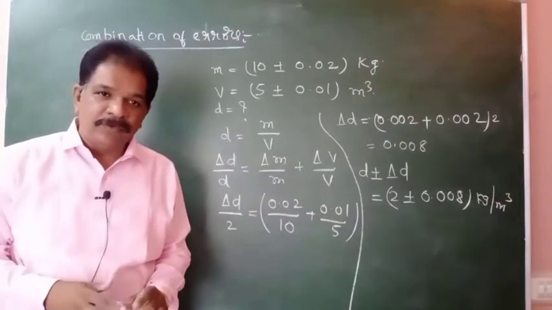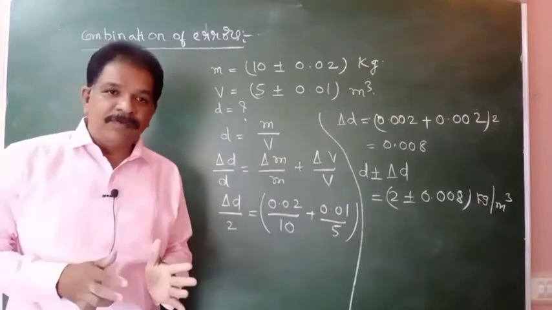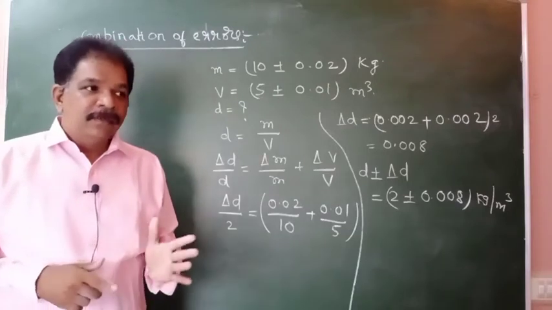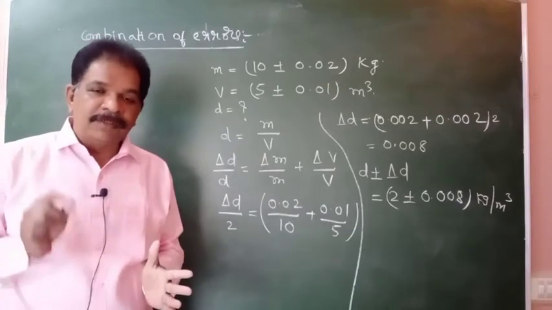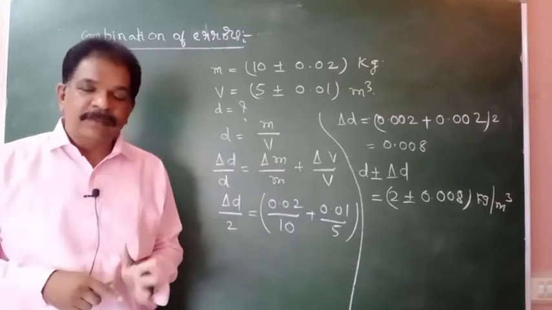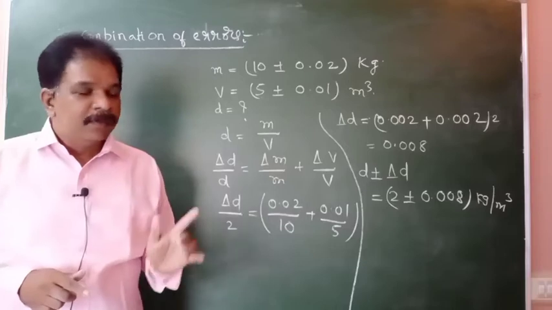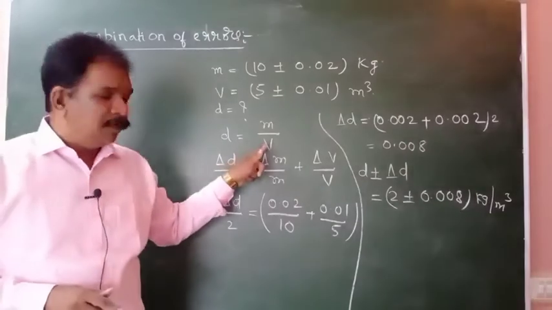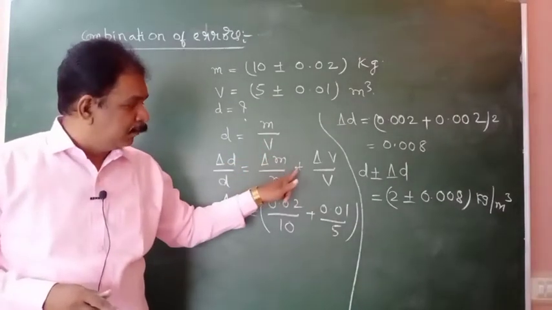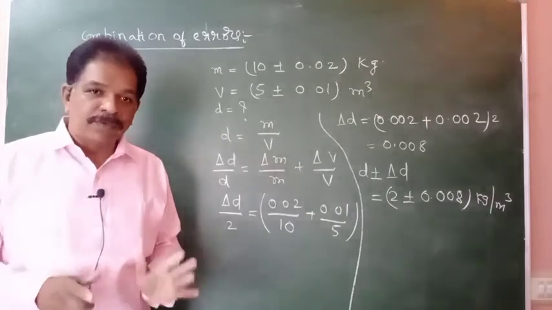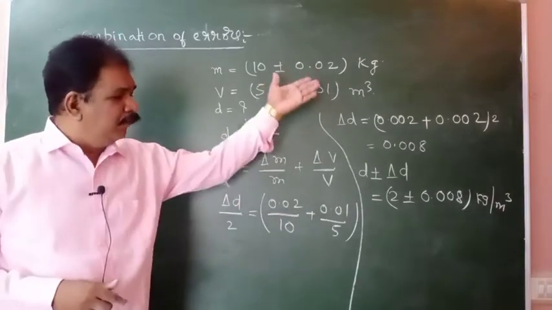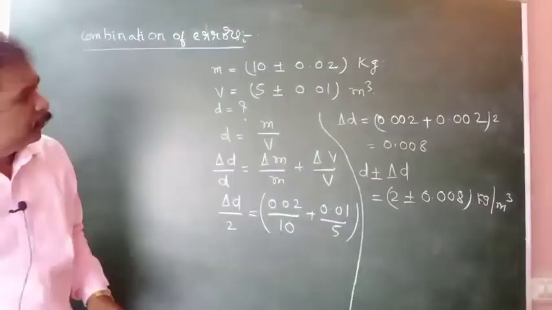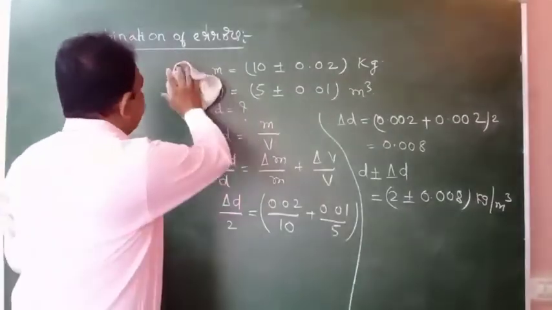Like this we have to do the problems. So what you have to remember: in addition or in subtraction, maximum possible error means always add the errors. Don't subtract the errors. In multiplication or division, also though here the quantity is in the denominator, consider it as plus only. Okay? By doing 4-5 problems, easily you will get clarity and command on this. Simple concepts only, these are.